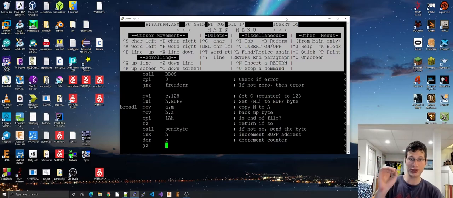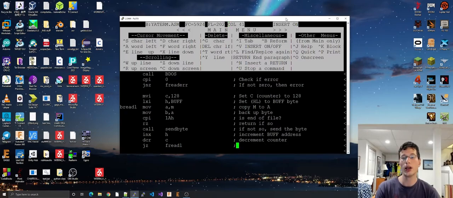So remember, zero flags are set, or flags are set on any arithmetic operation. So you don't have to even do a CPI 0 to check out 0. You just do a Z flag check right after your operation. So basically decrement C, JZ is if that operation was a 0. JZ, so if it's done, well,